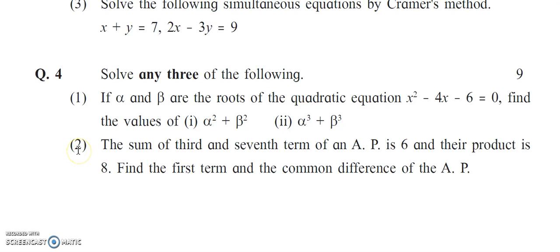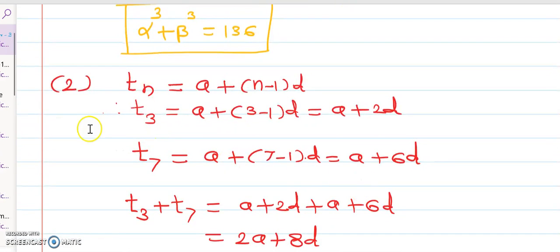Now, question number 4 and sub question. The sum of the third and the seventh term of an AP is 6 and their product is 8. Find the first term and the common difference of the AP. Now we'll see this answer. Now Tn is equal to a plus (n minus 1) into d. T3 is equal to, n is replaced by 3, a plus (3 minus 1) into d,